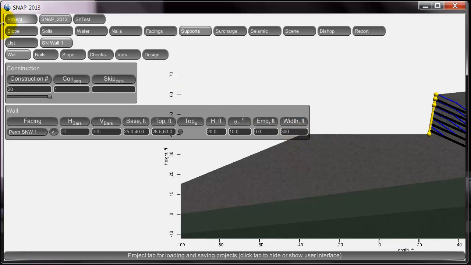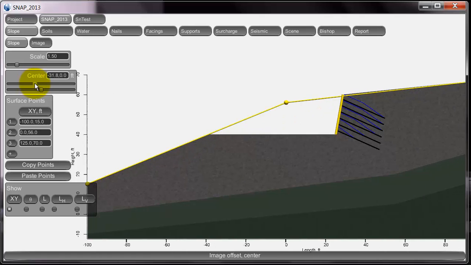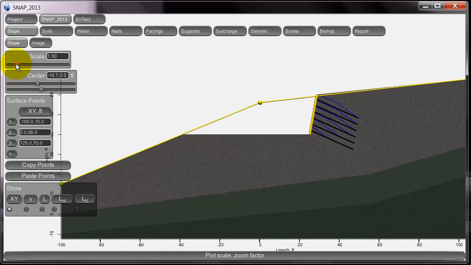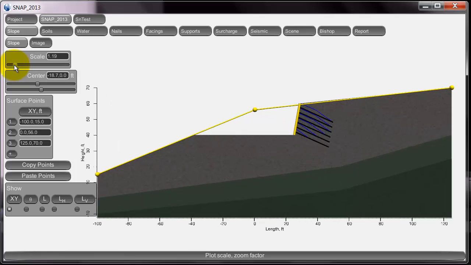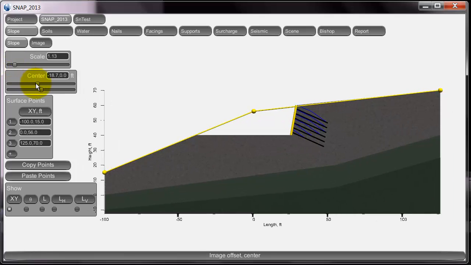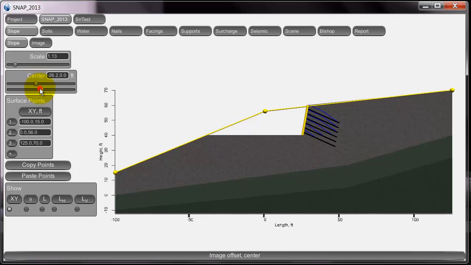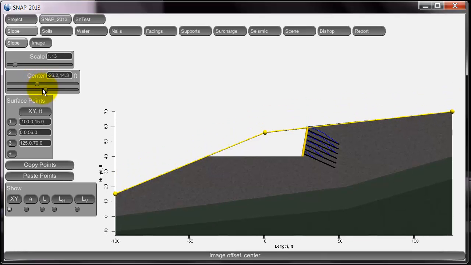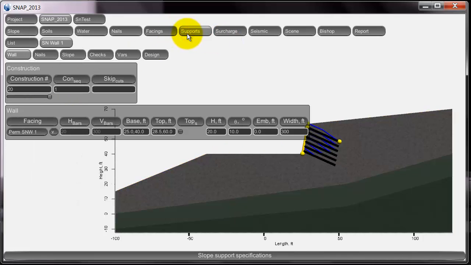And let me go back to the slope and just adjust this scale and the center down so we can see the entire project here. Okay, that probably is okay. I'll drop it down a little bit. All right, so